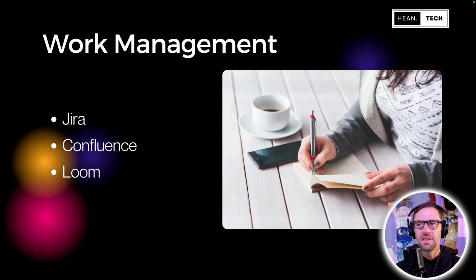Work management is something I'm starting to see Atlassian push more. We see it in Jira's rename from Jira Software to just Jira. There used to be Jira Business. It's now just Jira. So Atlassian is really helping folks refocus and is pushing this idea that Jira is not just for software development. It's really for managing work. And if we look at the things included here, Jira, Confluence, and Loom, these are three tools that help people